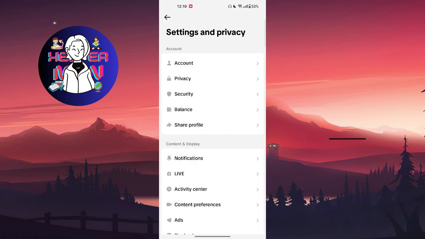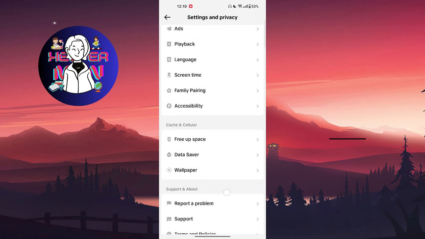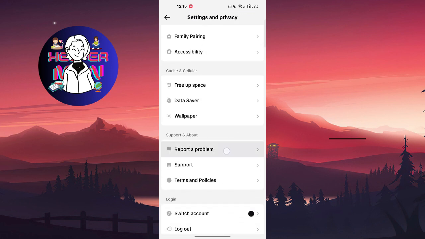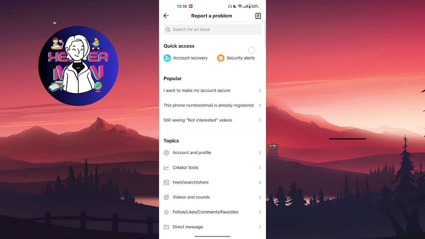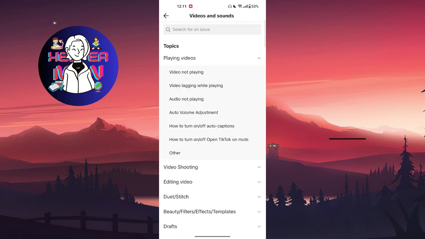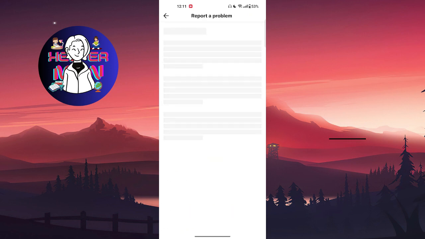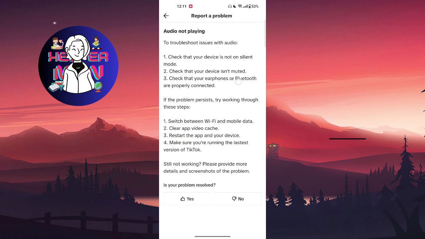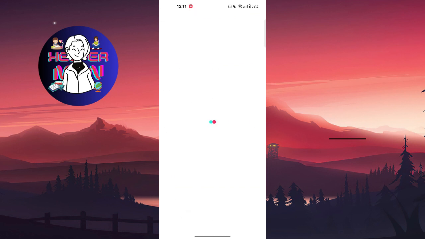Now after this, if it still doesn't work, first thing you're gonna do, go and tap on these three lines at the top right and search for settings and privacy. You're gonna scroll all the way down and choose report a problem, and you're gonna choose videos and sounds, and then choose audio not playing. Right here you can also follow the steps that are in this article, but if it didn't help you, you're gonna choose no answer and go to need more help